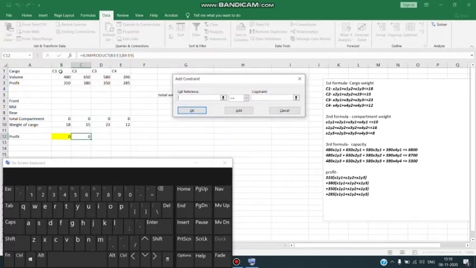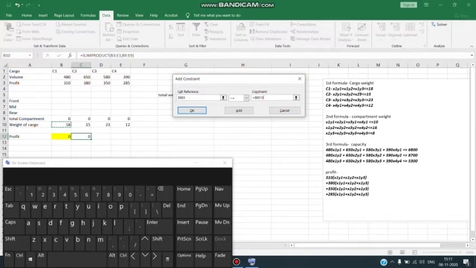Now x1 is my cargo 1, y1, y2, y3 is my three section compartment. I've already summed up the value in the total compartment value, so I'll take this value for cargo 1. The total compartment value of cargo 1 should be less than equals to 18, which is my total weight of the cargo. So the equation will be B9 should be less than equals to B10.